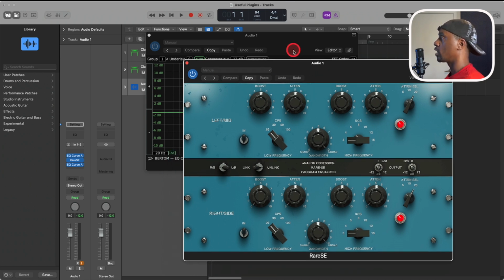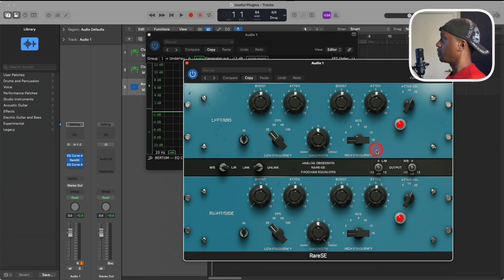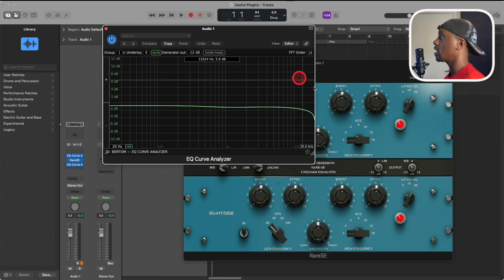So you can love a plugin just how it sounds, and you don't have to touch a knob. It's because there's something going on behind the scenes, or rather underneath the hood of the plugin. But that aside, because I really didn't expect that, but that does answer a question that I always had about plugins. But anyway, let's go ahead and mess around with some of these knobs and see what's kind of EQ